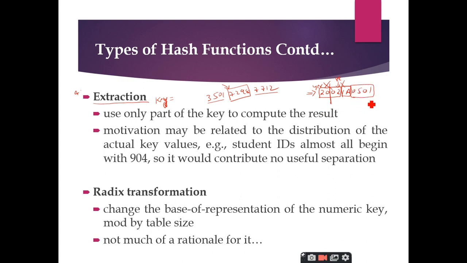So if I take 0501, if I extract this portion, the last 4 digits of the value, then this particular portion is giving unique keys. Unique keys are generated for all the values. So this is how we need to select the portion of the value which you need to extract. Remember a simple point, that extraction should always result in generating unique keys for the given values. That is the only point you should remember, right? Is it clear?